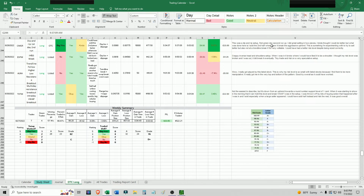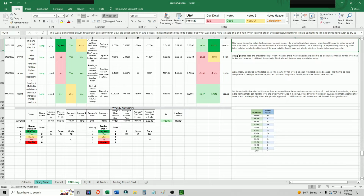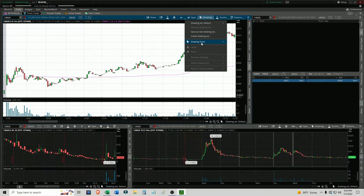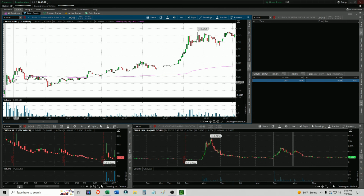Nothing really bad. Maybe I could have tried to hold better, but that's hindsight. That's like saying, oh yeah, just because you see the setup worked, now you're saying you should have held on to it better. There isn't anything here that seems like I could have done better, other than perhaps